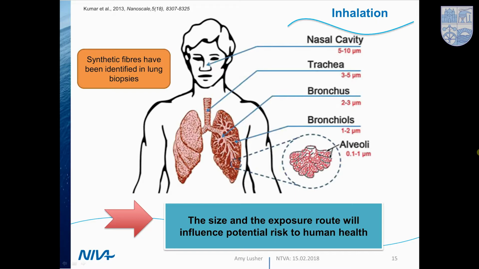But if you look at the sizes on the figure there, the size of the plastic will be stopped at certain areas. Plastics greater than 10 microns will probably not get any further than the nasal cavity because of the membrane and the mucus filters in your nose. Also when it enters the trachea, it can't pass the boundaries of the trachea at 5 microns, linking down to the bronchus. And all the way when we get to the alveoli, this is where blood and air are very close in contact.